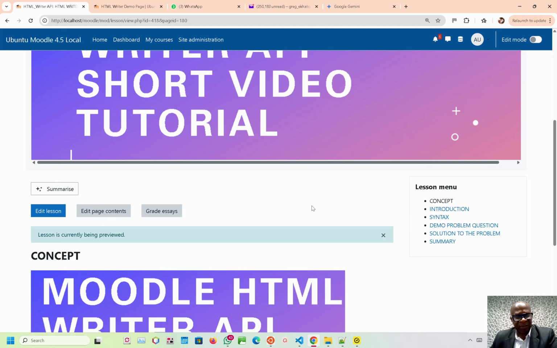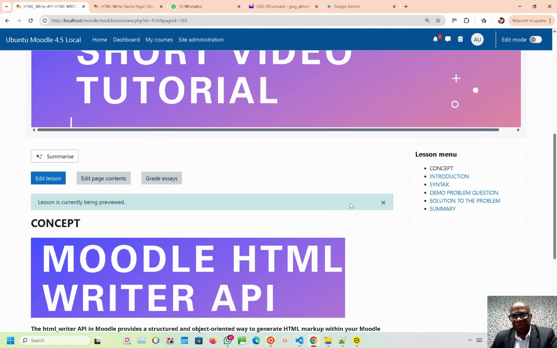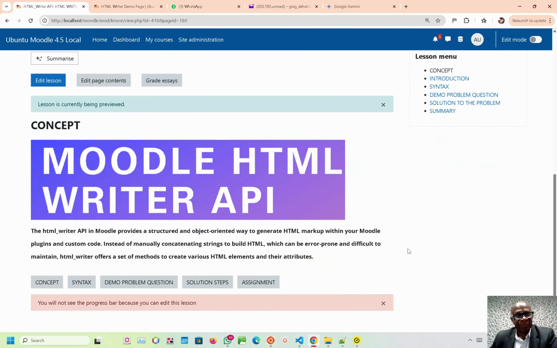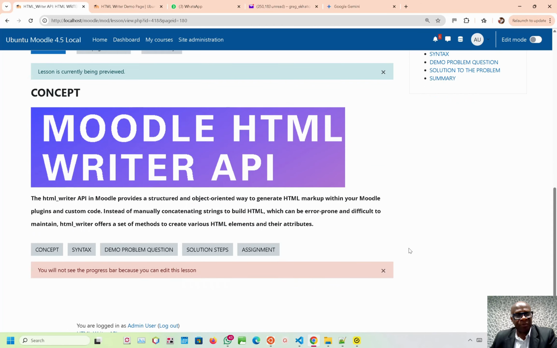Now let's get started. Firstly, let's go through what the table of contents of this short training video tutorial is all about. So we're going to go through the concept, the introduction, the syntax, the demo problem question we have, and the solution to the problem. Now this will help us to understand it even better, and then we'll summarize everything. So Moodle